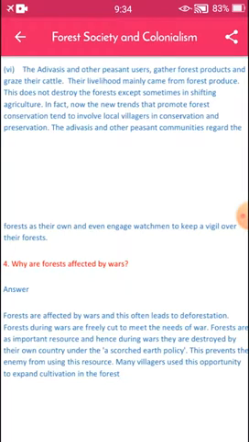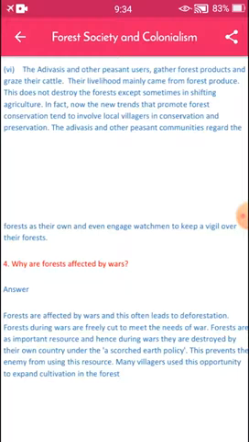Forests during war are freely cut to meet the needs of war.